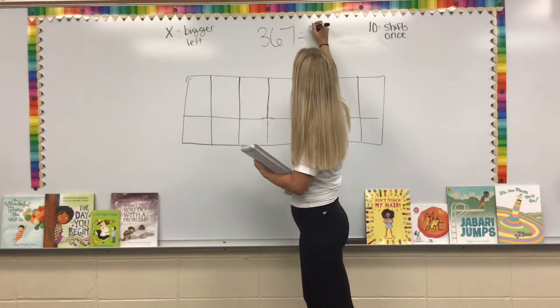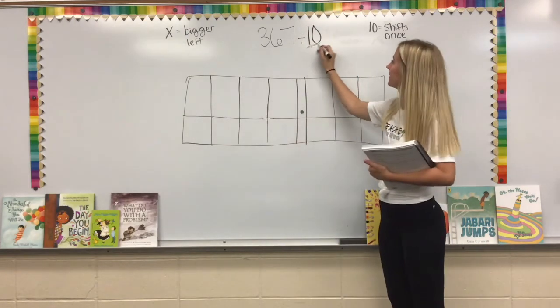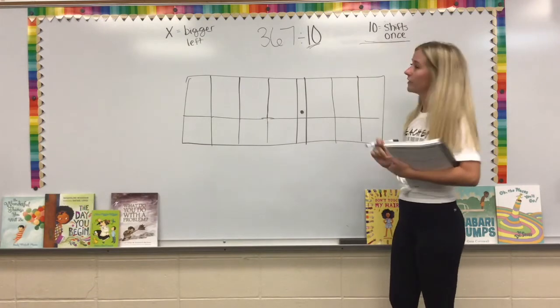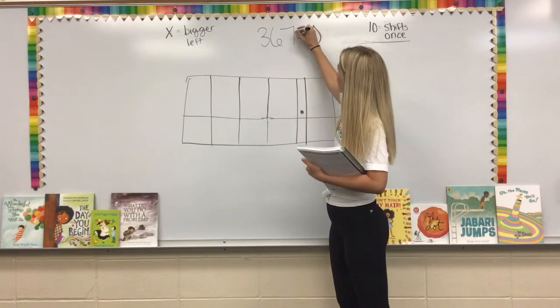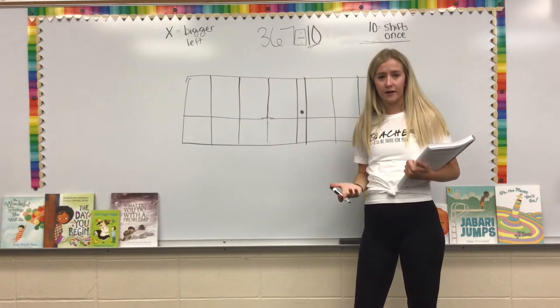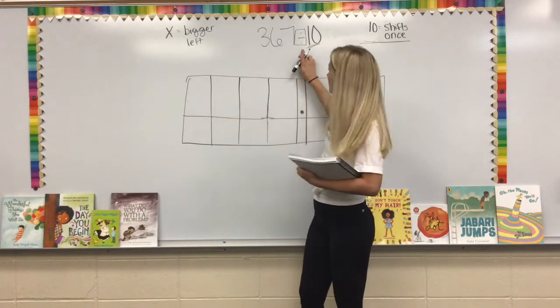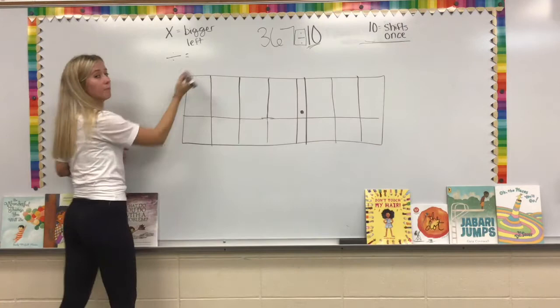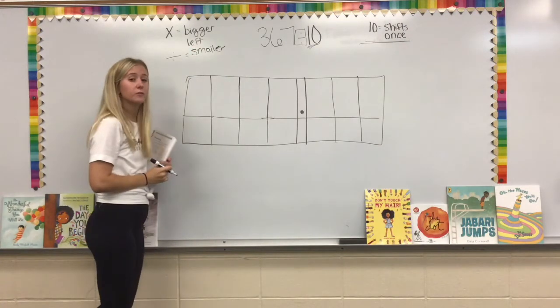367 divided by 10. All right, so we know my 10 here is the same. I already know that means that I shift once. But the difference is right here. I have a division sign instead of a multiplication sign. So it's going to be the opposite over here. So this division sign tells me my number is going to be getting smaller, and it's going to be moving